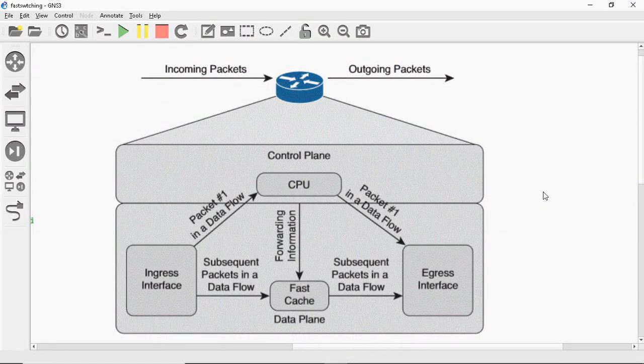In this video tutorial, I am going to discuss fast switching. In the last video session, we discussed process switching. If this is the first time you are watching, please go to my YouTube channel and check the process switching concept. Afterwards you can see this fast switching concept, so you can understand the concept and also the difference between process switching